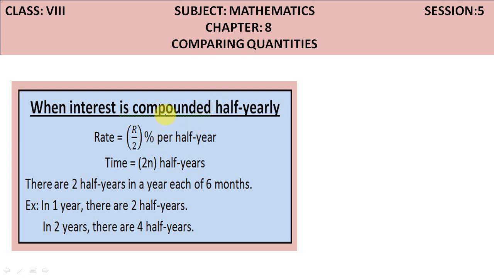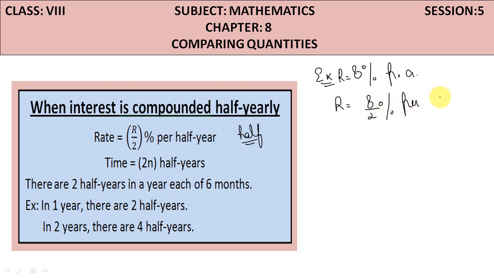So in half yearly, the rate is equal to R by 2% per half year. That means the rate gets halved. If the rate given in the question is 8% per annum, then in case of half yearly, it will become 8 by 2% per half year. That means 4% per half year. And if you talk about the time, say 2.5 years,